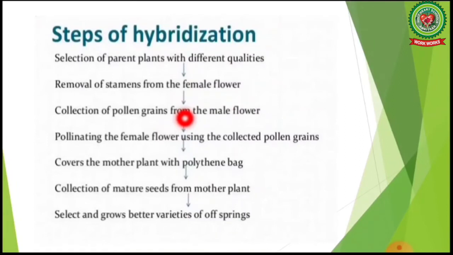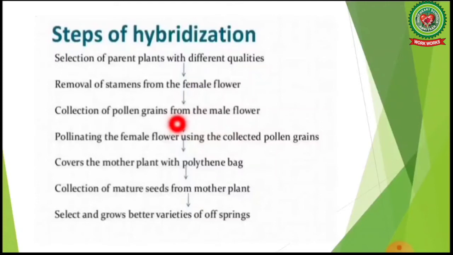The tag contains the name of the parent plant, the time, the date of emasculation, and all other related details. This bag is opened when the flower is to be artificially pollinated, means when the pollen grains are supposed to settle on the stigma. After some time, hours or days, depending upon the crop, the viable pollen grains from the other selected variety are collected and dusted on the mature receptive stigma of the emasculated flower.